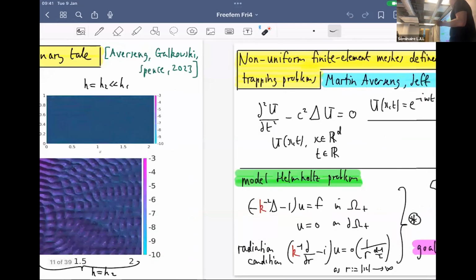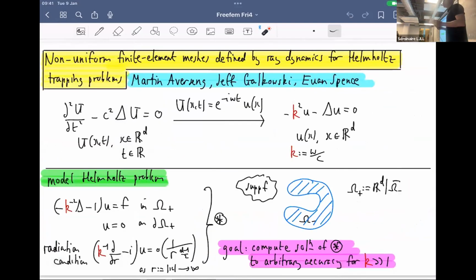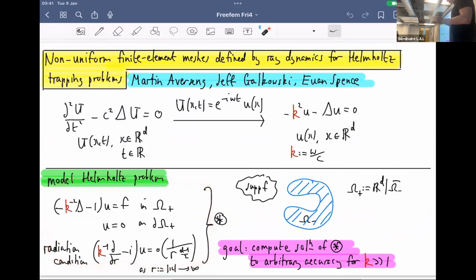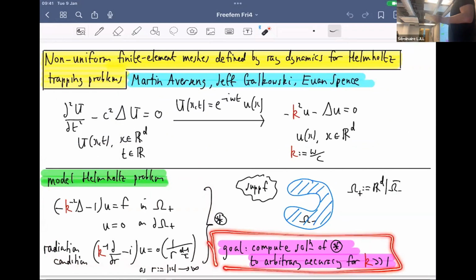Right, so here I've got again the title slide, and that was the sort of trailer to get you all excited about the talk. And now I want to get into a bit more of the details. I put this title slide up again just to emphasize that here I have this model Helmholtz problem, this exterior Dirichlet problem that we're going to be studying. And here again is the goal: compute the solution to arbitrary accuracy for arbitrarily large k, in particular for these